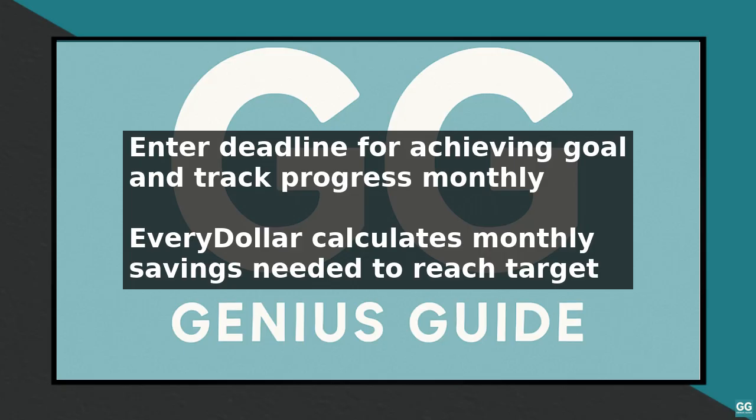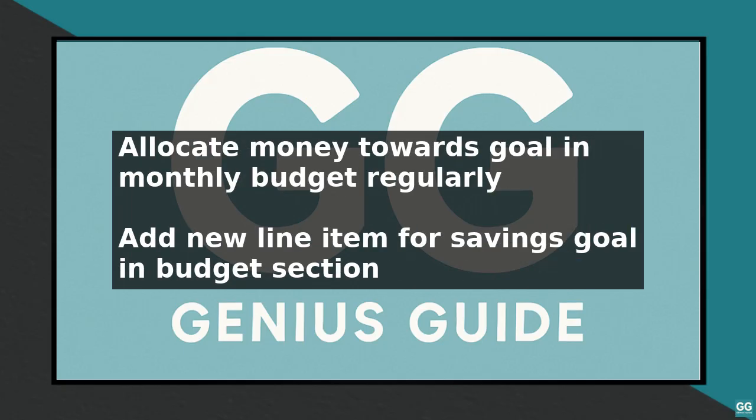To make progress towards your goal, simply allocate money towards it in your monthly budget. You can do this by going to the Budget section of your account and adding a new line item for your savings goal. EveryDollar will automatically subtract the amount you allocate from your available income and add it to your